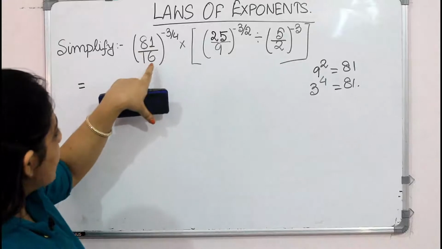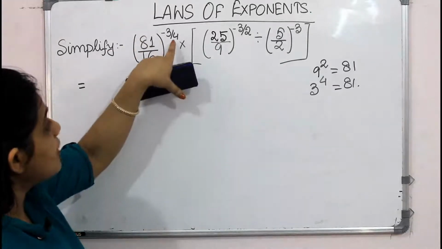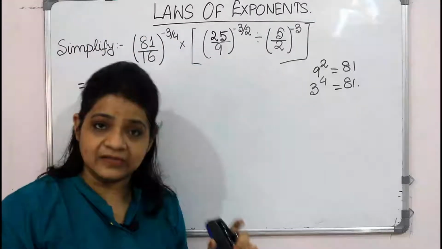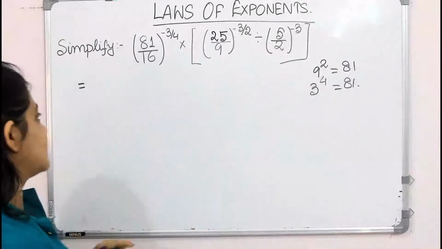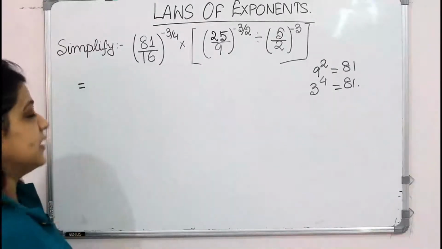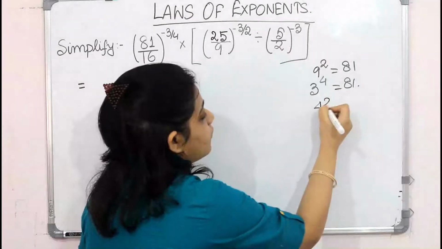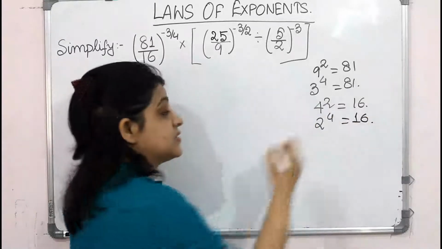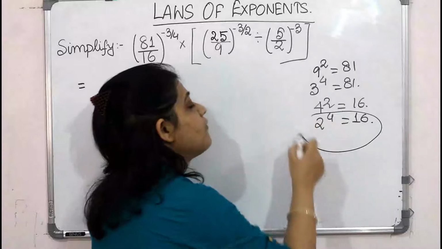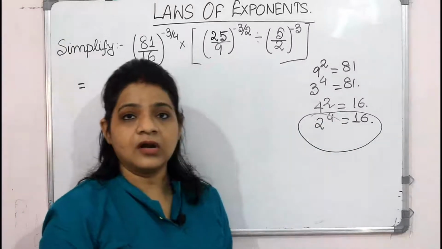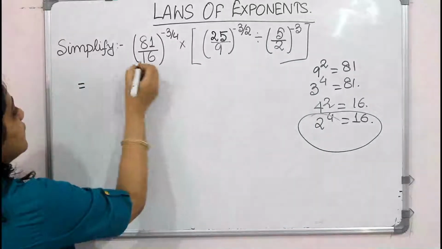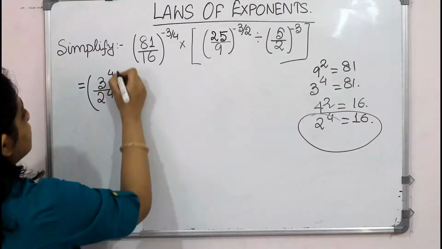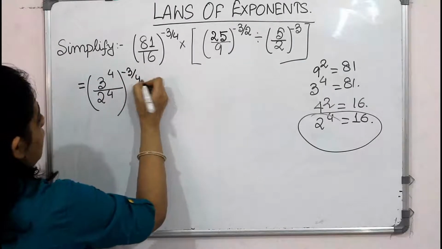So if I go for 3 to the power of 4, here 81 by 16 whole to the power of minus 3 by 4 is given. So this 4 and 3 to the power 4 can get cancelled. How we will see in the next step. And 16 you can write as 4 square, and 2 to the power of 4 is also equal to 16. Now obviously 2 to the power of 4 will work for this particular sum. So this one is 3 to the power of 4 and this is 2 to the power of 4. So this is to the power of minus 3 by 4 into